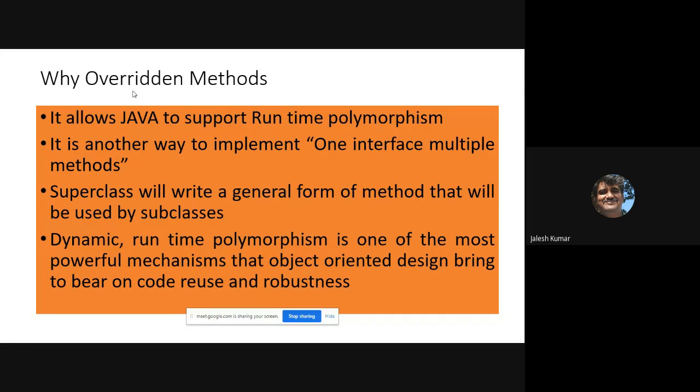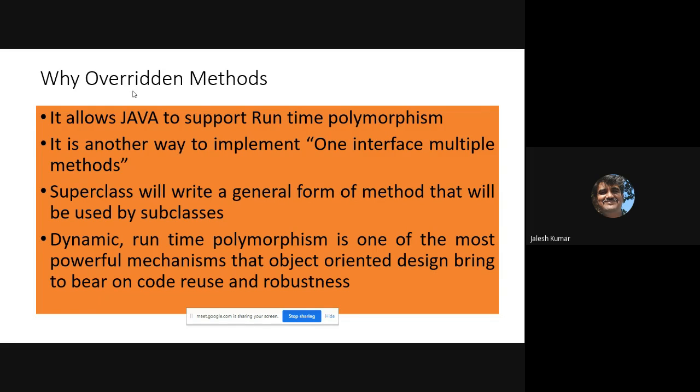It allows Java to support runtime polymorphism. So far we know polymorphism means only overloading. Overriding is also polymorphism. It is another way to implement one interface, multiple methods.